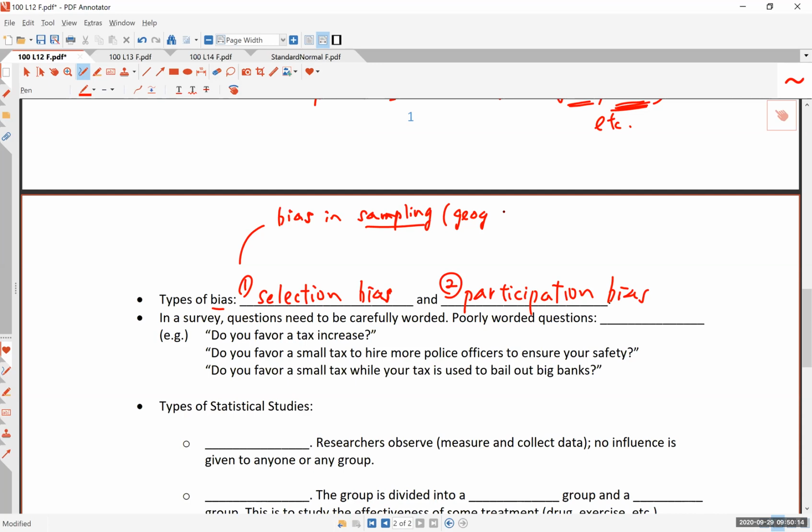So bias in sampling: geographical, maybe population, if you pick only the males in a study to represent everybody, and so on. Okay, so that would be that. And the participation bias. This is when people can say no to a survey. All right, some people